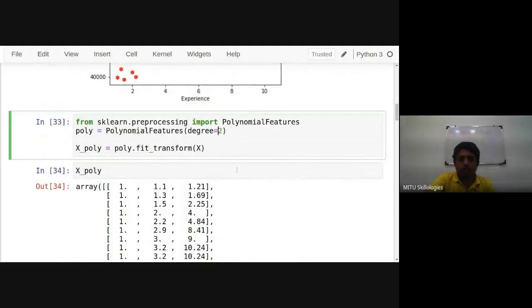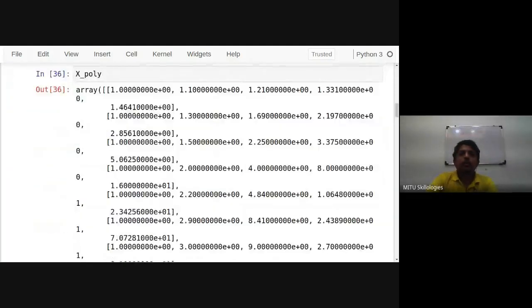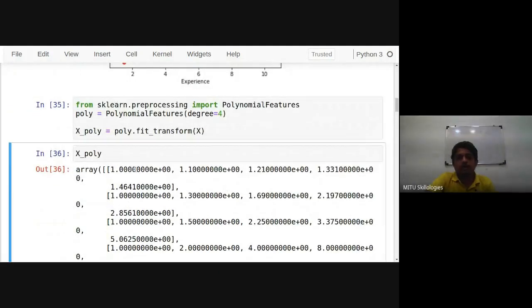Or if we put degree 4, accordingly the number of columns will increase. Okay, then we have 1, then 1.1, then 1.21, then 1.331, 1.4641, like that. In this format the data is transformed.